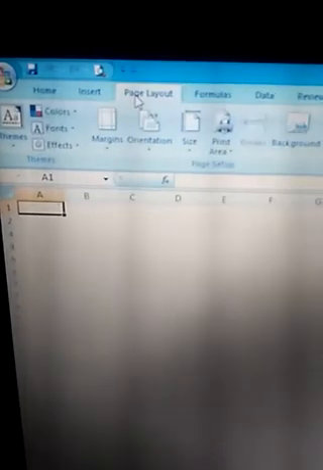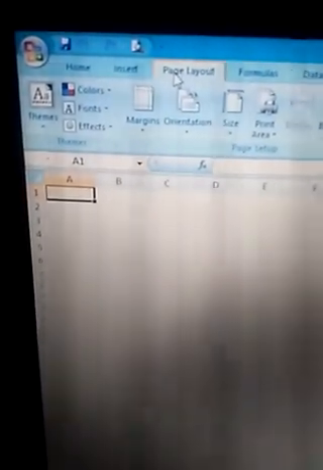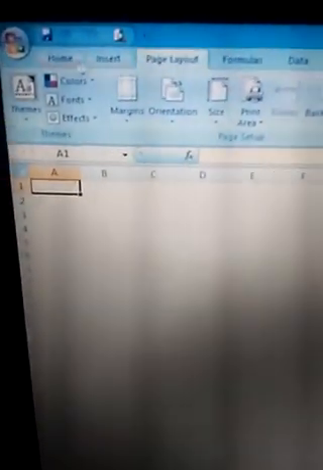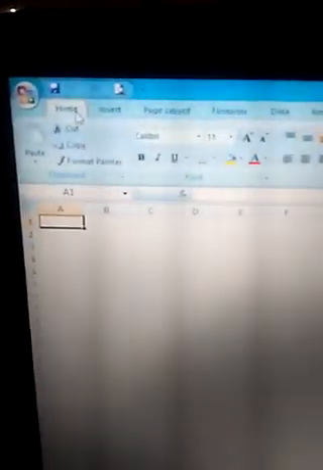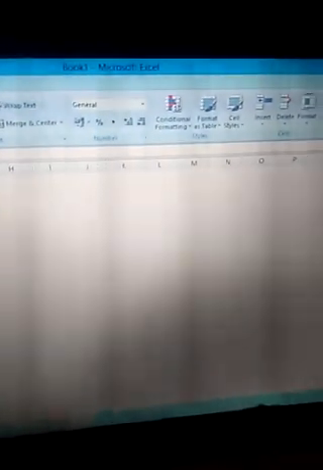If I click on Page Layout, then different options will appear in the ribbon. So the tabs are connected to the ribbon, and the different buttons available in the ribbon are the options that we can use to work on the data.